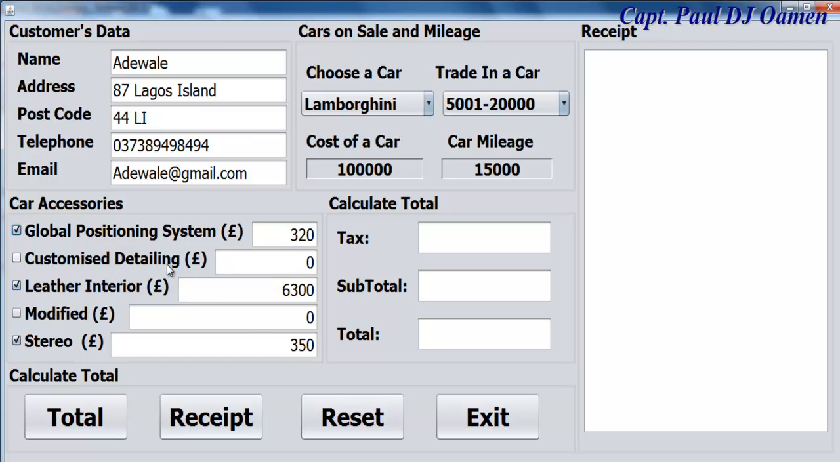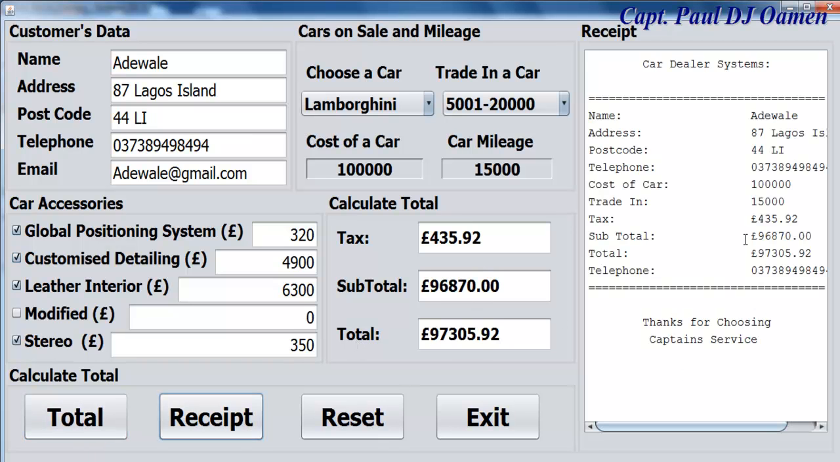Customized details or detailing, that's it right there. That's what you want. All you then do is click on total and receipt. Done. There we go. Alright, but there's one thing. See here, I would like to change these buttons to round buttons. So to do that,